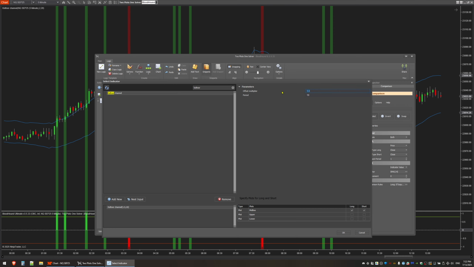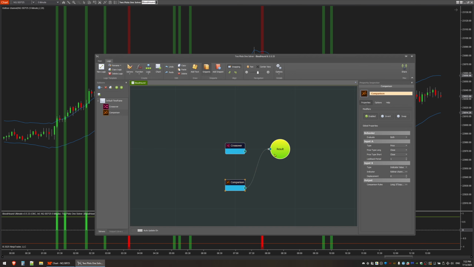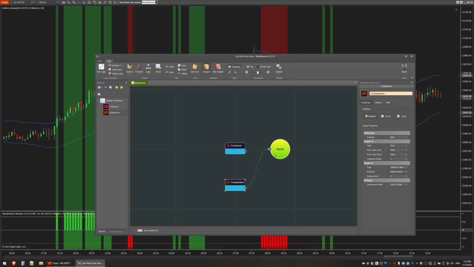Okay, make sure its settings match what's on the chart. And again, we're saying interacting with the upper line should only be longs and lower line should only be shorts. So we've prepared it the exact same way. Now, if I plug that in right now, we are going to get signals, the same signals and then some,